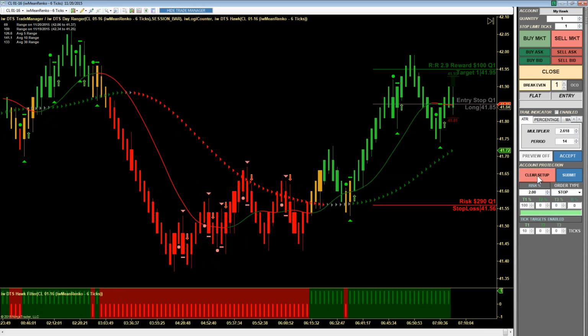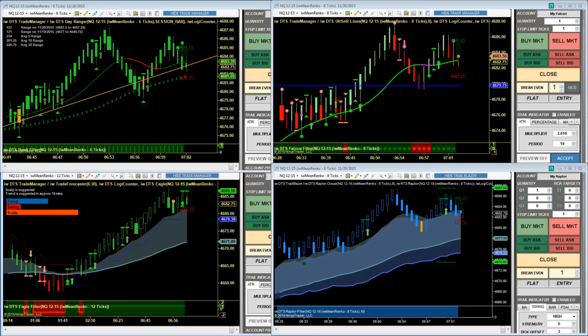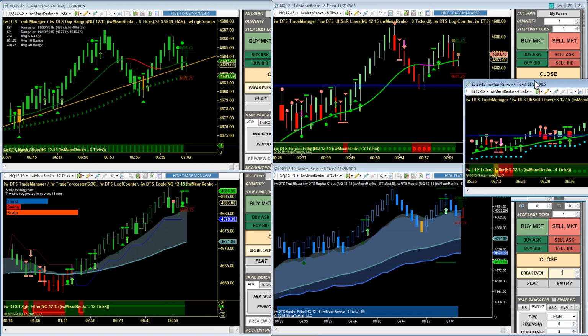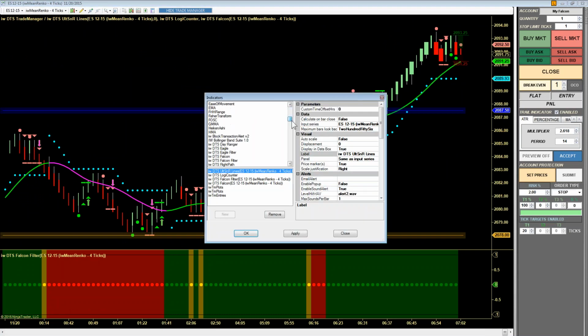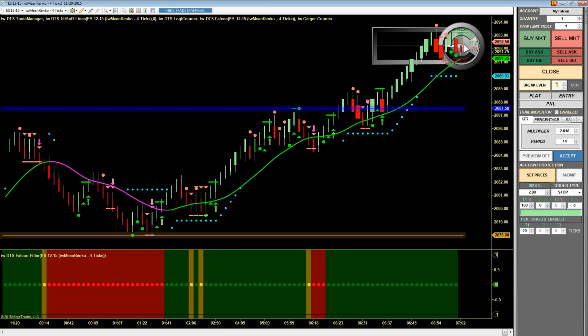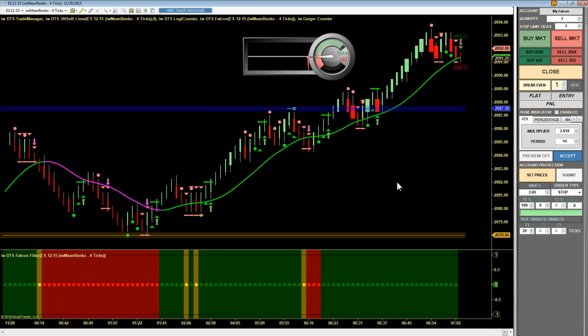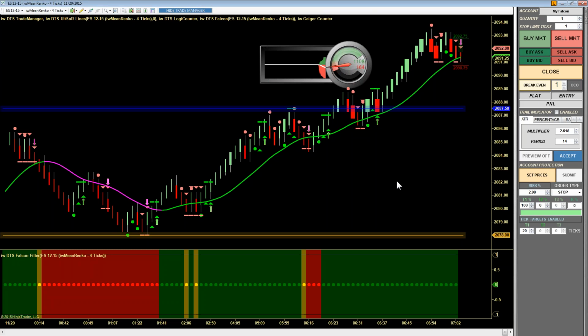Oh, sure. Brian's asking, can I throw the Geiger counter on the ES Falcon? One second, I've got to load up the E-mini, and I will certainly do that for you. All right, so here's the E-mini, and we'll put the Geiger counter up. When you first load your Geiger counter, it's going to be behind everything. Well, I won't show you how to fix that right now because